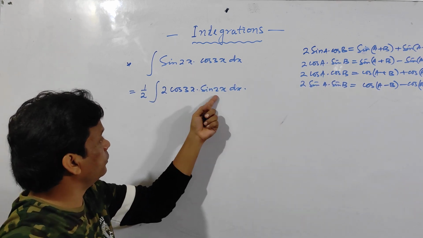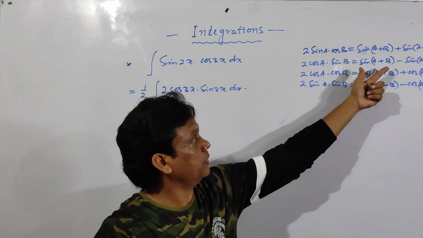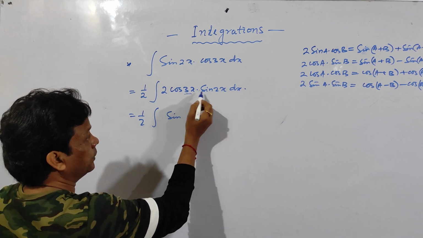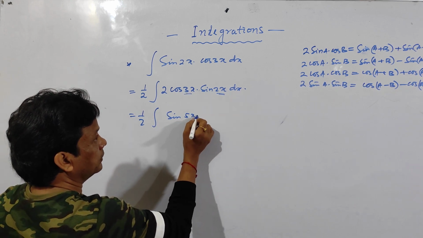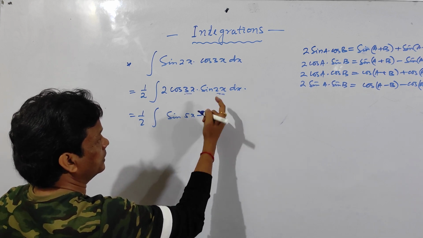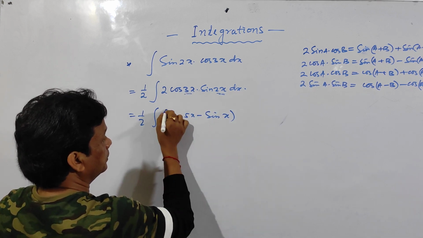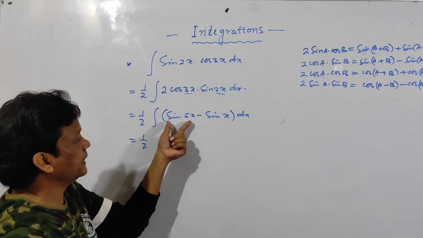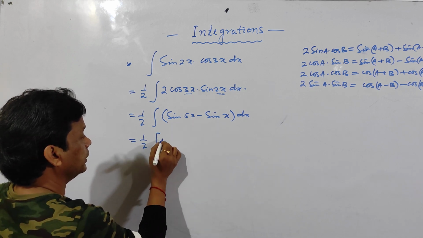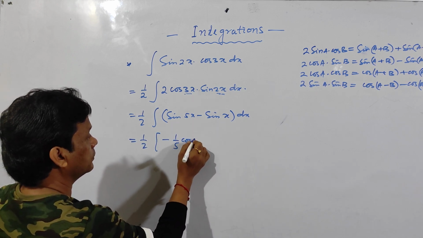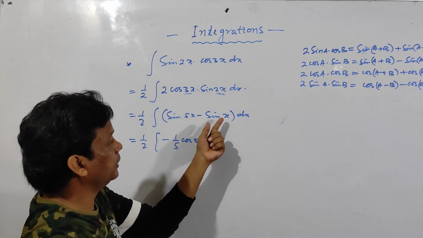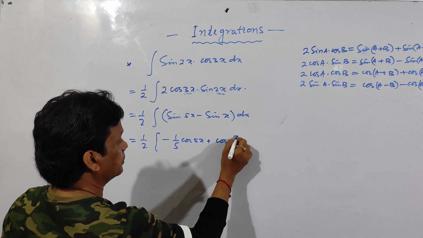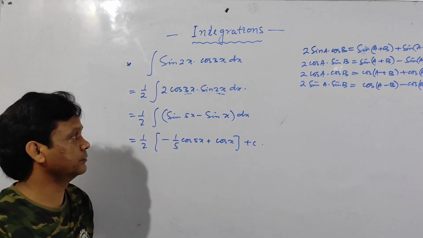So now it becomes 2 cos A into sin B. What is the formula? 1 by 2 integration of sin(A plus B), A plus B will be 5x, minus sin(A minus B), this minus this will be x, into dx. So the formula for sin mx, I have told you, is minus 1 by m cos mx. So minus 1 by 5 cos 5x minus, and here m is 1, so minus was plus, so it will be simply cos x, plus c. So this is the answer.